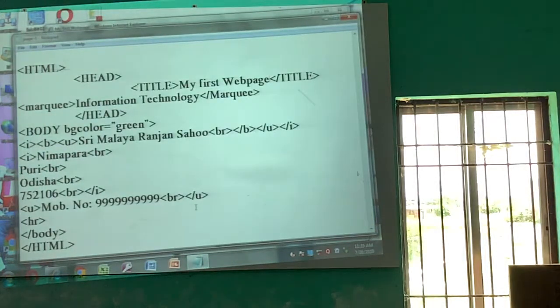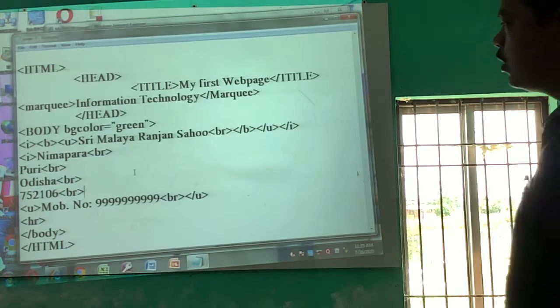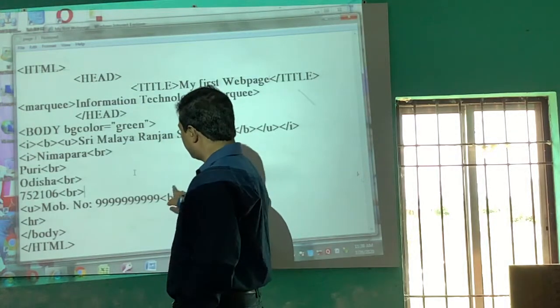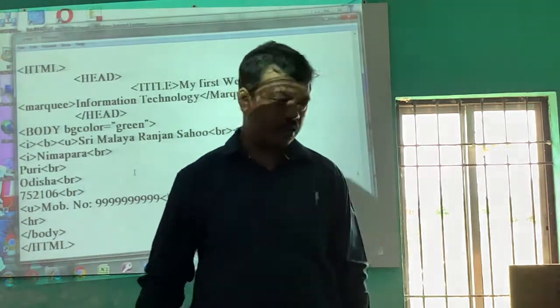Now I am omitting the closing tag of italic, that is slash I. So what will be the output? The mobile number will also be displayed in italic effect.